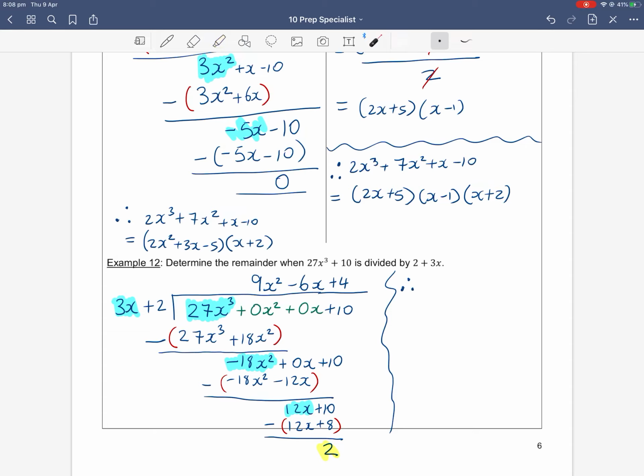And you know you stop dividing, you know it's a remainder, when this 2 has no x's, whereas in my divisor, the highest power is a single x. So you can't divide anymore because this 3x plus 2 has a higher x power than just a single number of 2. That's when you know to stop dividing through. So therefore, the remainder is